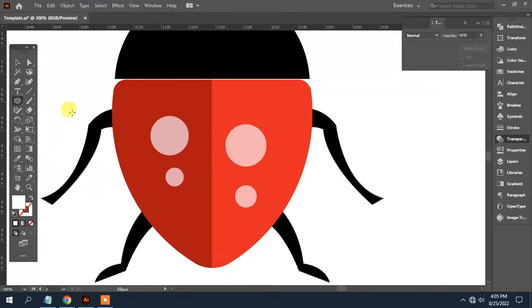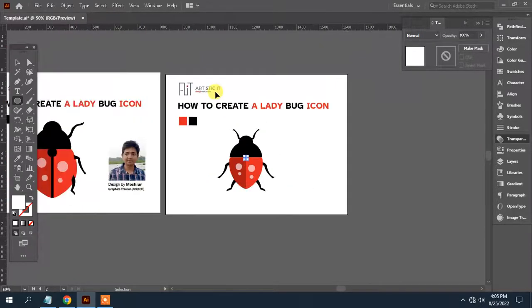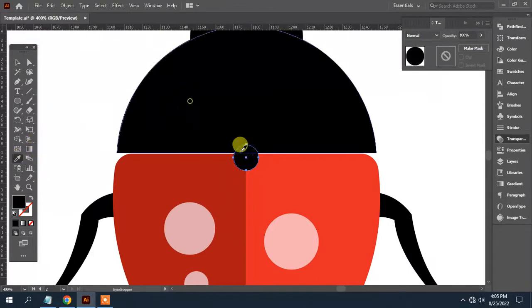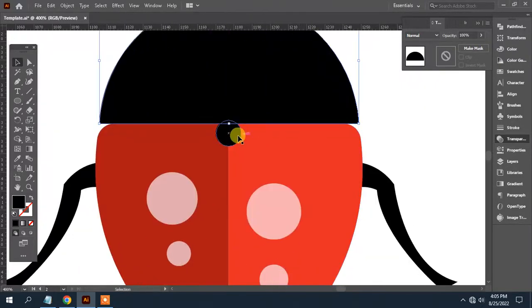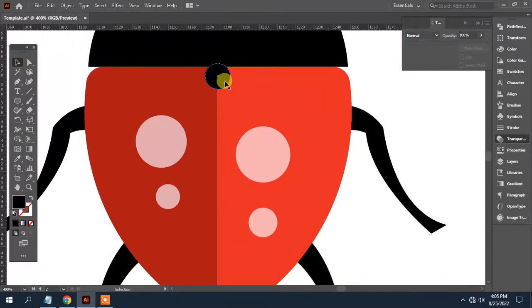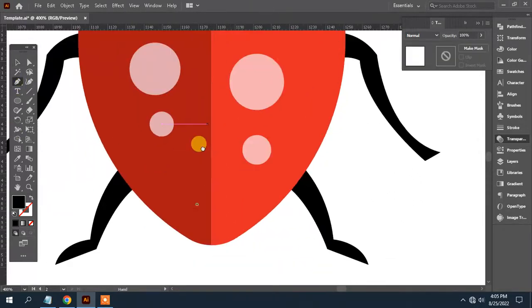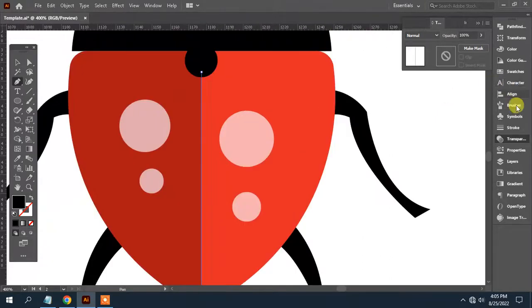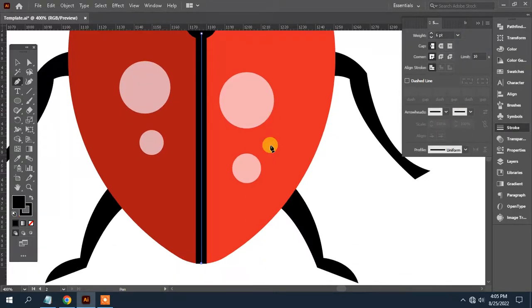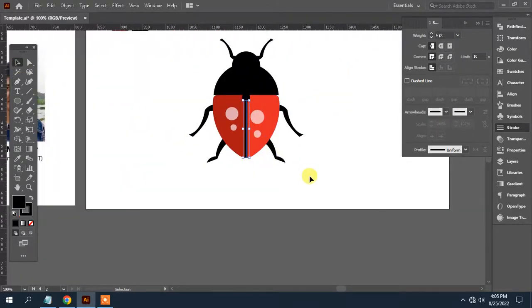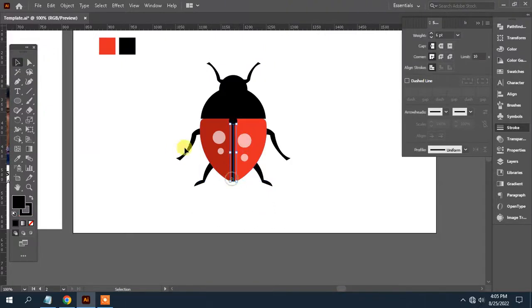Make a circle, the stroke 6, outline the stroke.